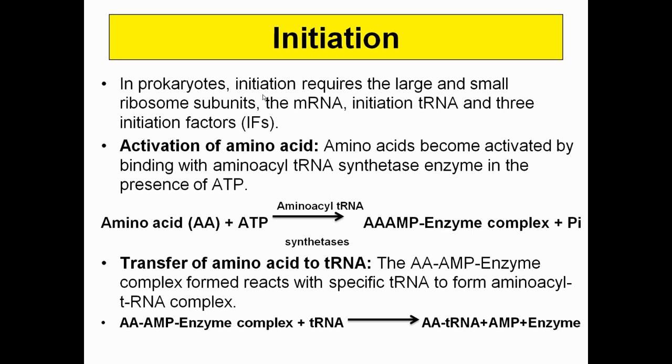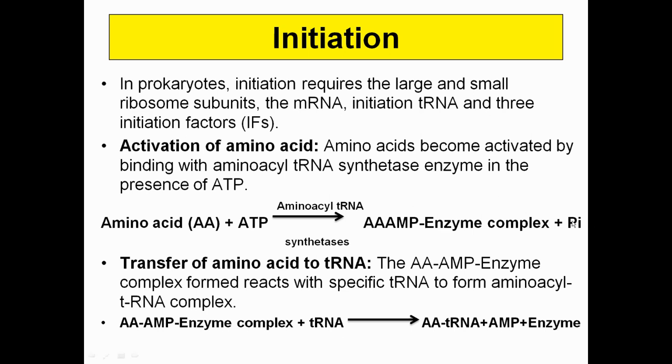And the next step is the activation of the amino acid. Without activation of the amino acids, the amino acid will be unable to bind with a particular tRNA molecule. So how is this carried out? It is carried out with the help of a particular enzyme, that is aminoacyl tRNA synthetase. Amino acid is going to form a bond with an ATP molecule, and an amino acid AMP complex is going to be formed along with the enzyme, and release of one phosphate moiety will happen. As you know, ATP is going to break down into ADP, then finally AMP.